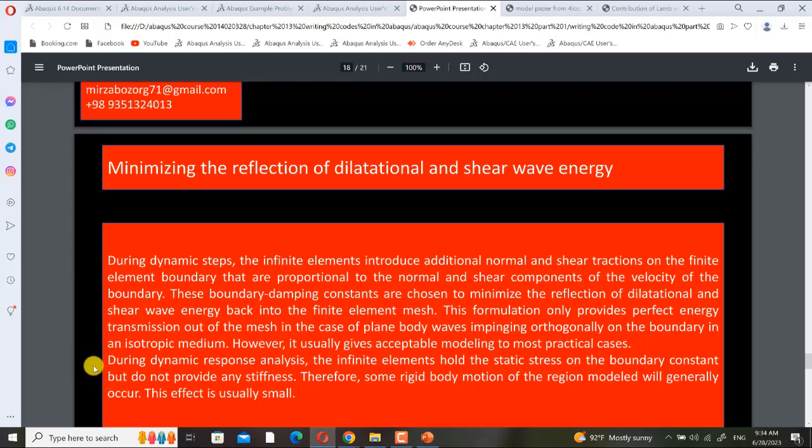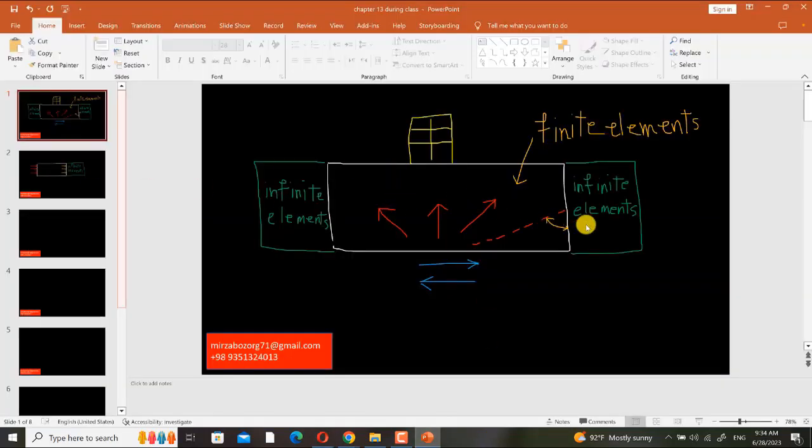During dynamic response analysis, the infinite elements hold the static stress on the boundary constant but do not provide any stiffness. Therefore, some rigid body motion of the region modeled will generally occur. This effect is usually small. It means that in this case, suppose that you only apply gravity load, okay?